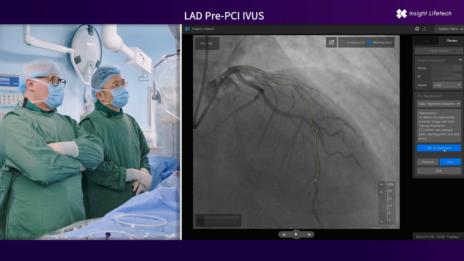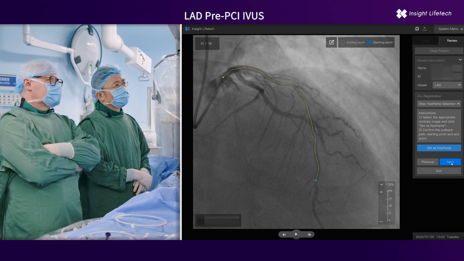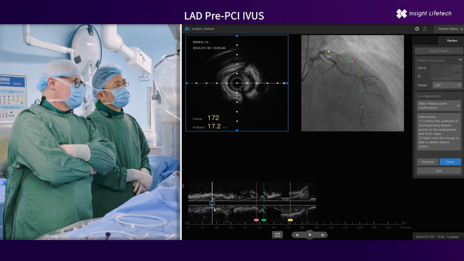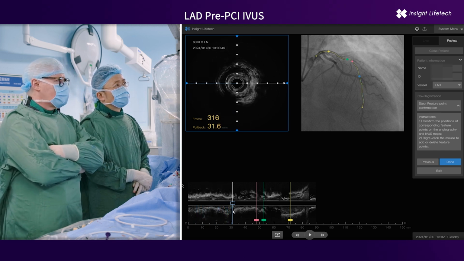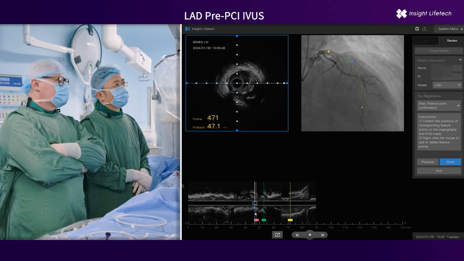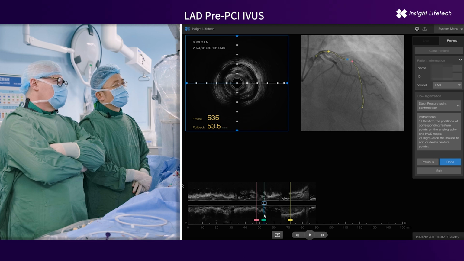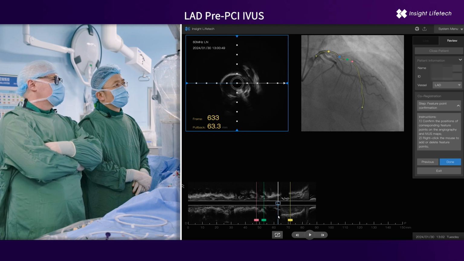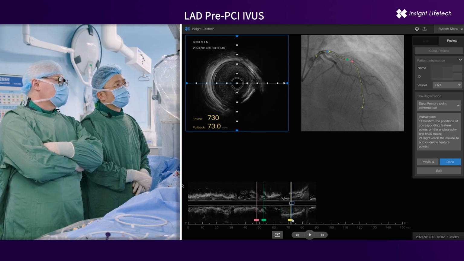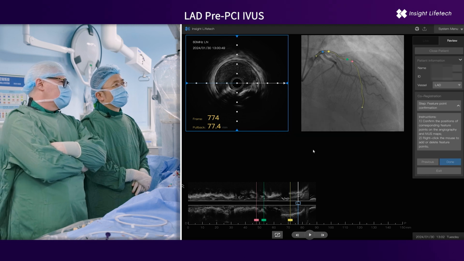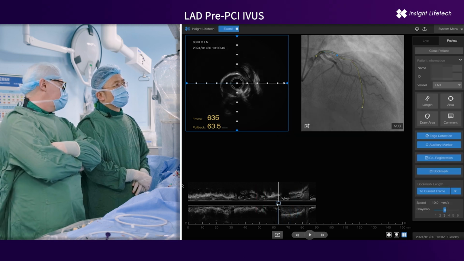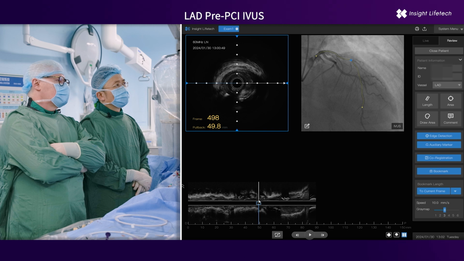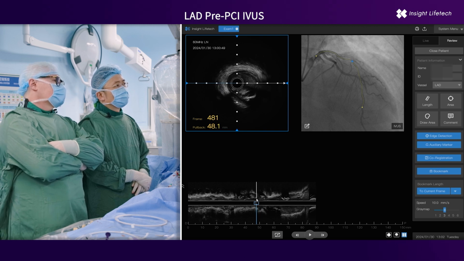So now we do co-registration, and this is very easy then to be really sure where we are. You see that blue marker on angiography, which tells us exactly where we are with our probe, and you see the very diffuse disease all along the vessel up to the proximal part. And of course we have a tapered vessel because there are many branches, including 2 quite large diagonal branches. Distally this vessel is like 2.5, and in the proximal part is close to 4,